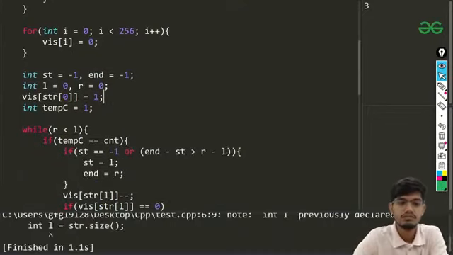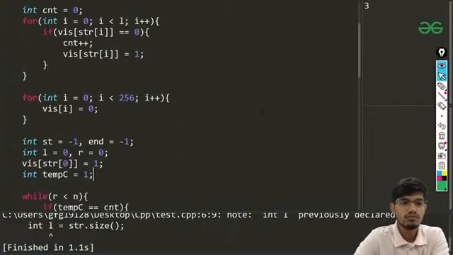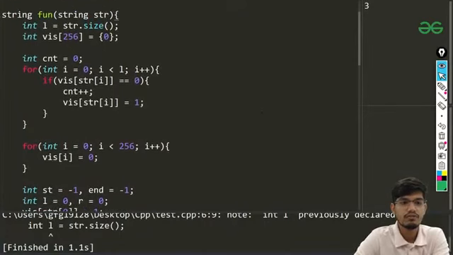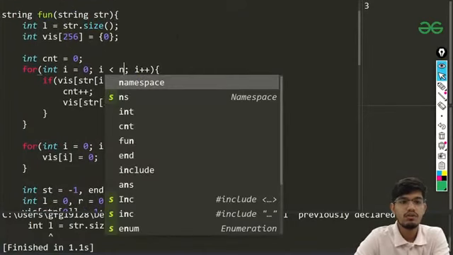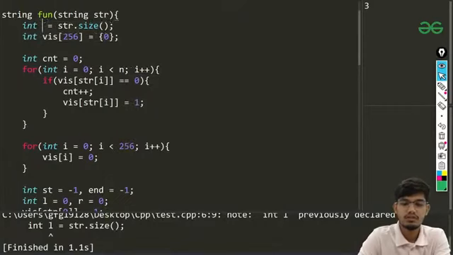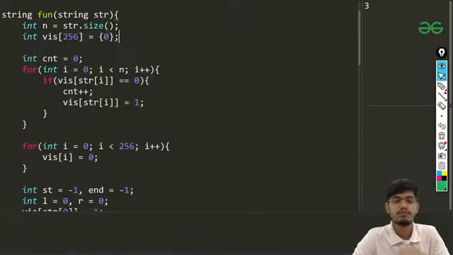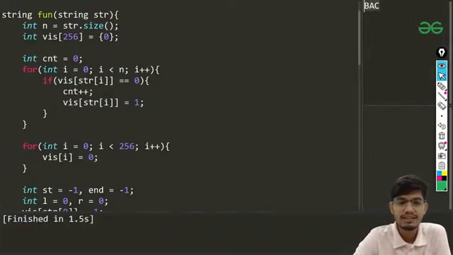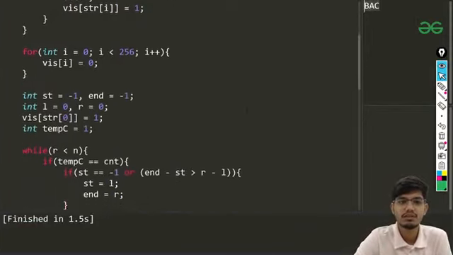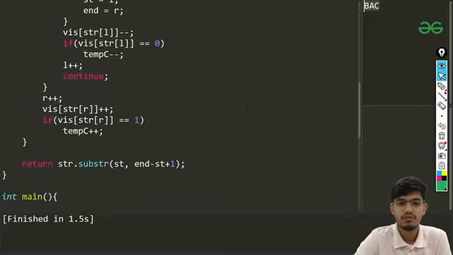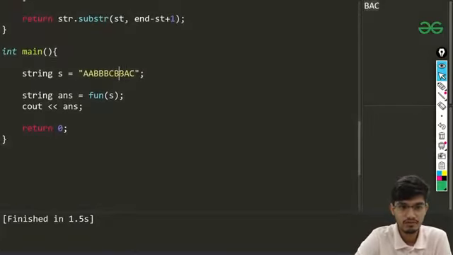Let us try to run the code now. L was previously declared, so I am again using this left pointer, so I'll be calling that as n only. So I need to update, so here also I'll be using n. Always make this as n only, otherwise you'll be facing these problems. So you can see we are successfully getting the output as BAC in that case. So when you try to run this code, you'll be getting BAC here.